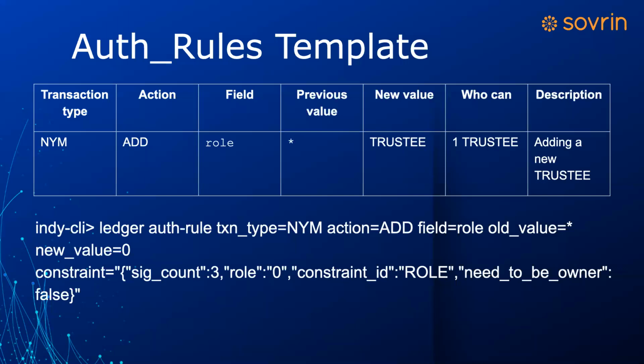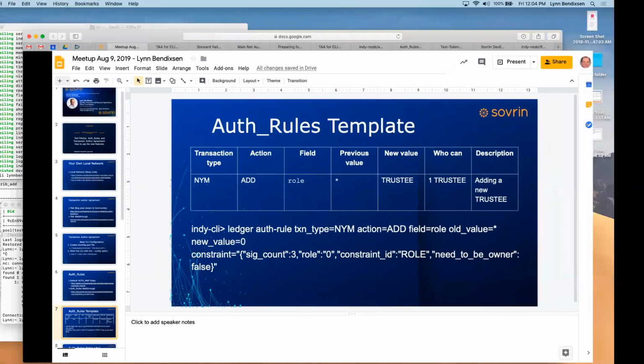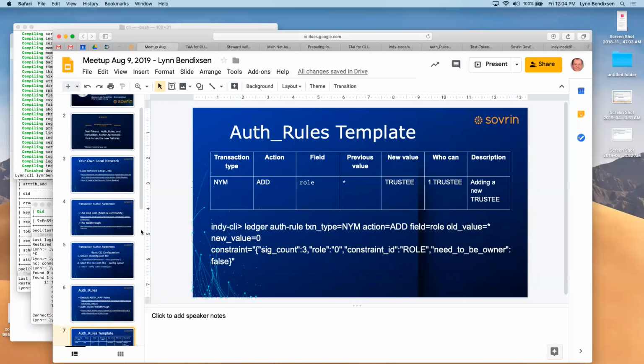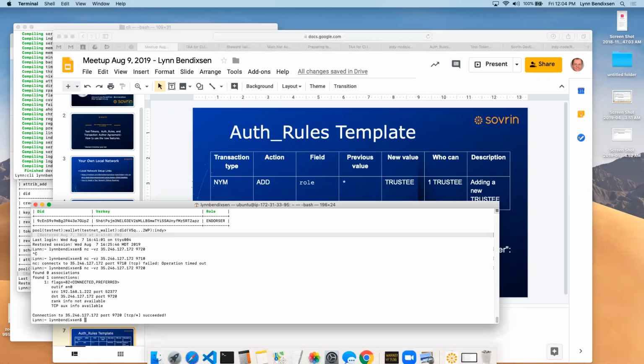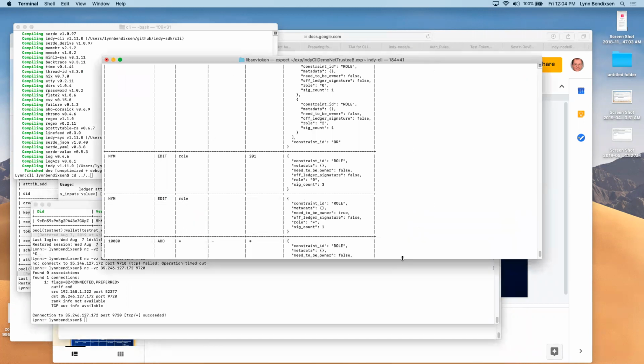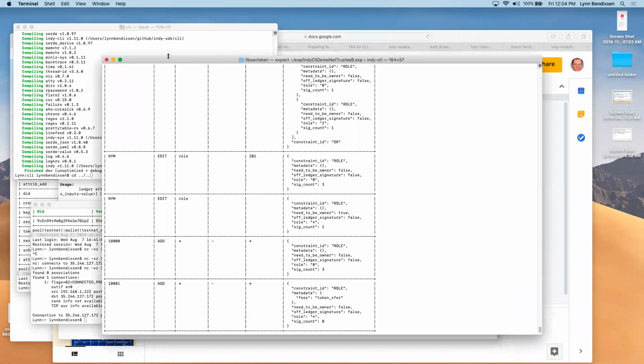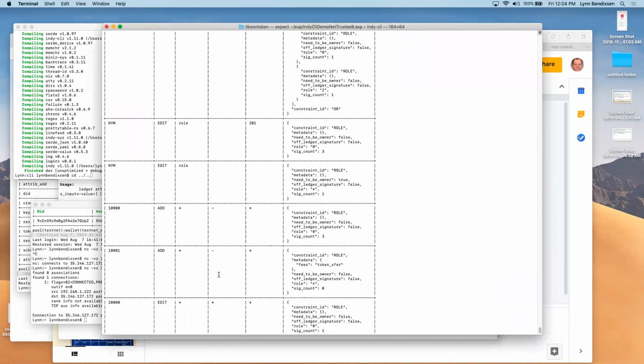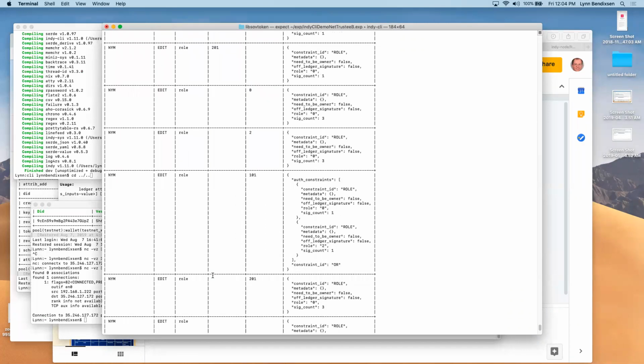Or does the auth rule retain somewhere when you're storing it? Does it actually store previous value and new value? Well, with the ledger itself, you always have all the transactions that occurred backwards in time. Yeah. So you can go and look at what this table of rules would have been. A valid change in the Auth Rules is accepted, it posts the change to the ledger, and then the config state is updated to reflect it.